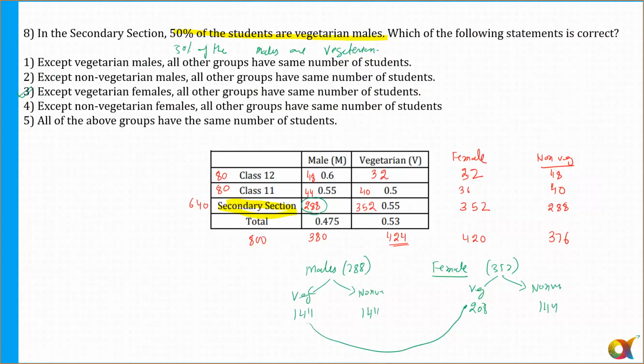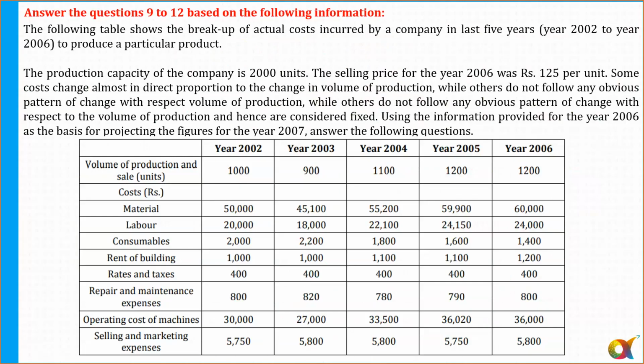So is that clear to all of you? Can I move to the next set? Okay. Now 9 to 12. Usually you have seen it's a set of 4 questions. Some sets have 3 questions, and some sets have 5 questions also.